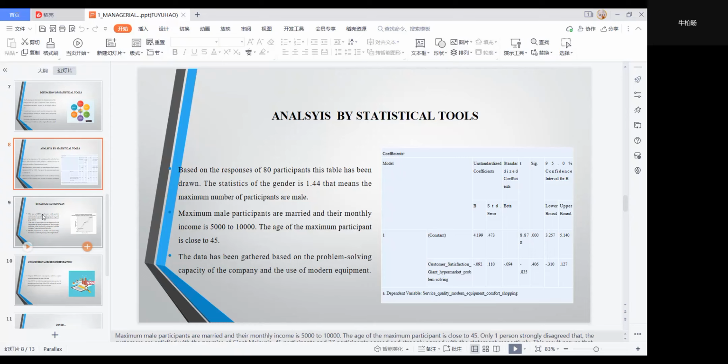Participants agreed that this company proved their service to reduce the problem of the customers. It can be said that, based on the problem-solving capacity and the quality service, this company can satisfy its customers. Next,